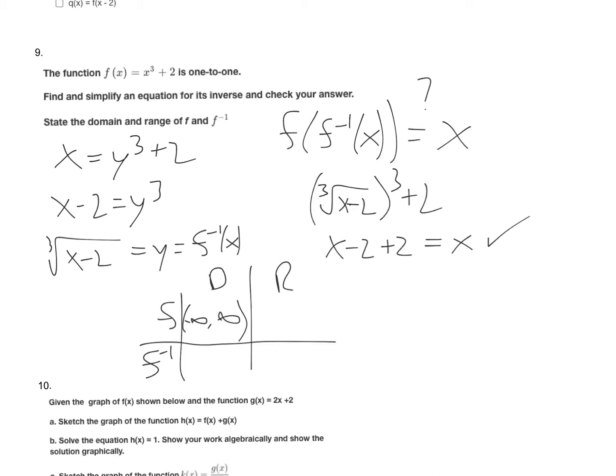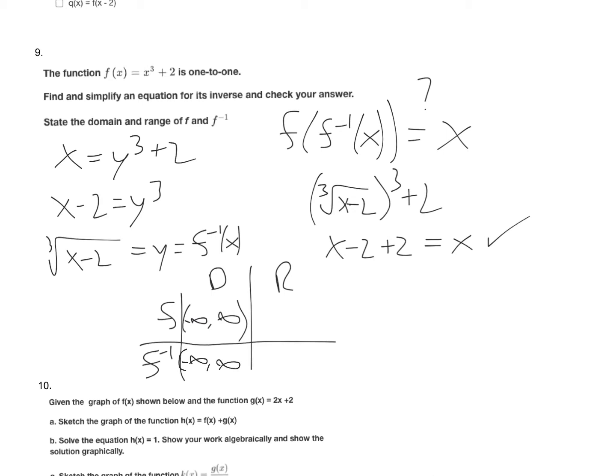And then sticking with the theme that the domain is easier, if I do the domain of f inverse next, I'm looking for those same things. Zeros in the denominator, even roots of negatives, and logarithms. Well, I don't, again, have any variables in the denominator. This is an odd root, so that's okay. I'm not going to get anything imaginary out of that. And there's no logarithms here. So again, there's nothing to worry about, so my domain is again all real numbers, or the interval from negative